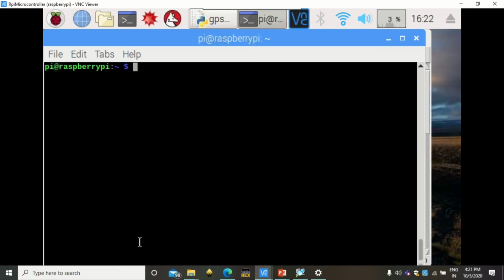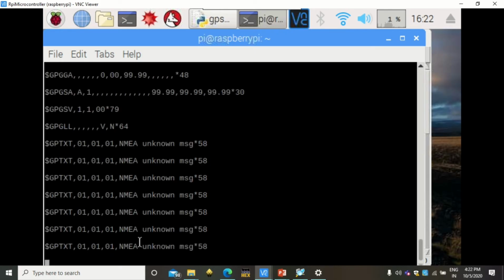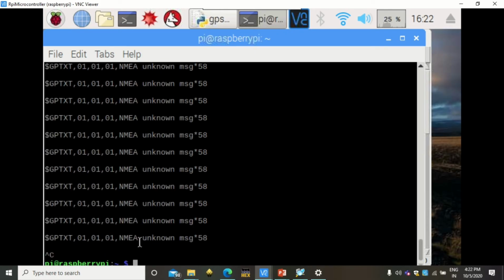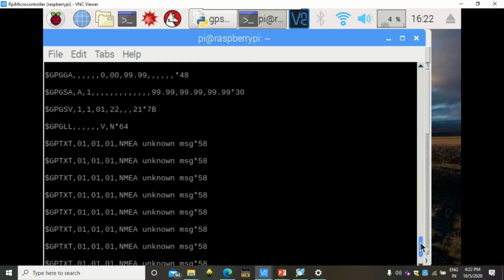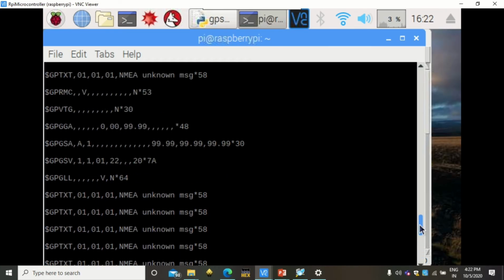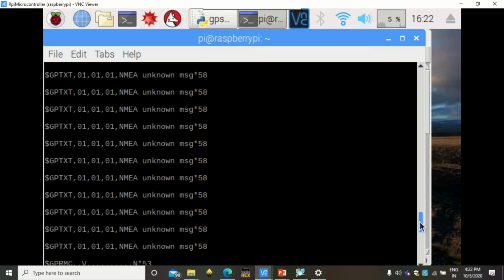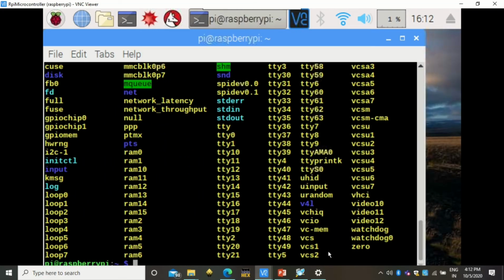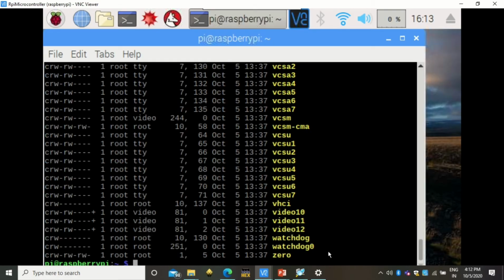and you can click Escape to get back to the command prompt. Now to test your device, type sudo cat /dev/ttyAMA0 to check the content of the NMEA GPGGA sentences. Here we have to use the ls command to list all the devices: ls -l /dev.